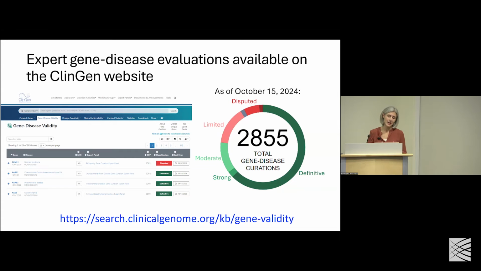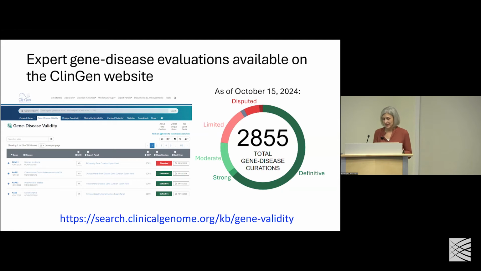So again, ClinGen has established these expert panels that are disease area focused and go in and curate things like gene-disease relationships. And they've made great progress so far. This is a ton of work. And as of Tuesday this week, there's over 2,800 gene-disease curations available for free for everyone to use on the